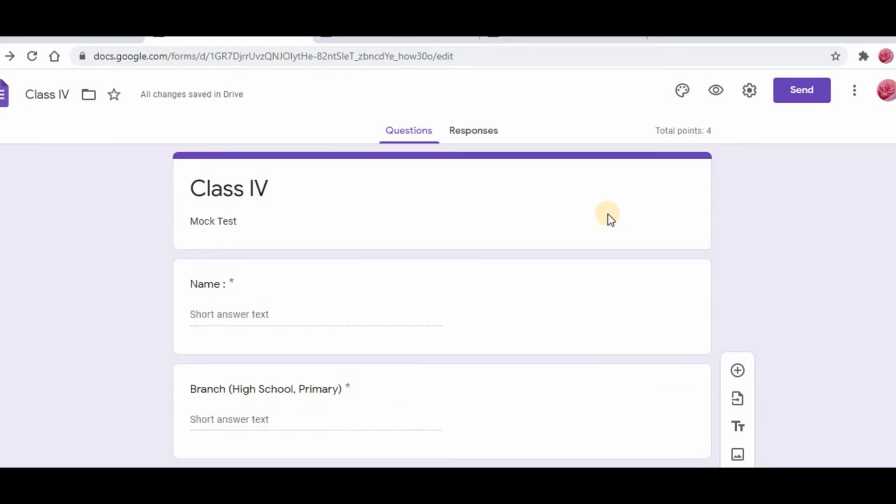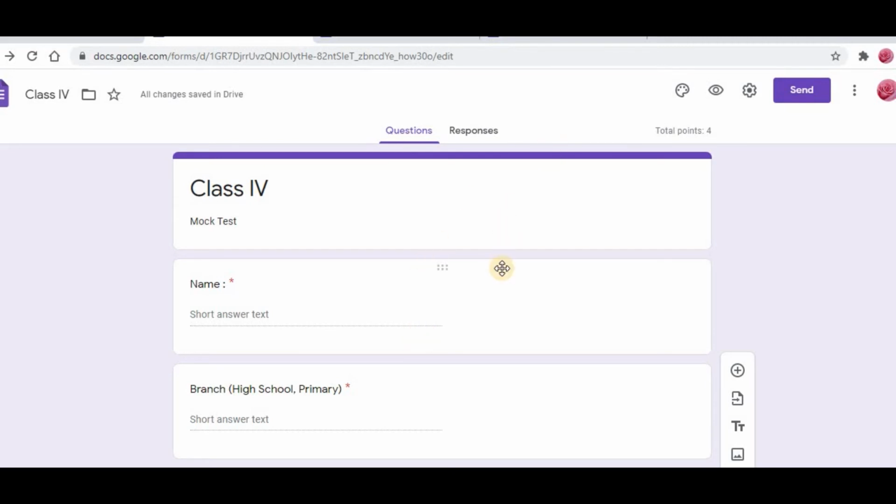Now your question paper is ready. Now you are going to send this question paper to your students, right? First step is you have to open Google Forms and create one new file. And here of course you are going to write your question paper. Second thing is, you have to create answers, show answers, and assign how many marks for each and every answer. And third point is, you have to send this question paper to your students.